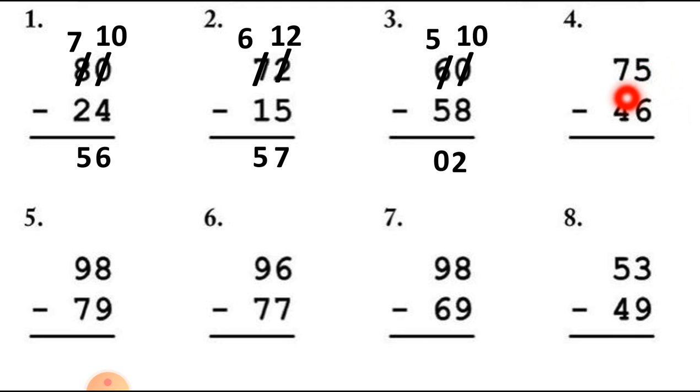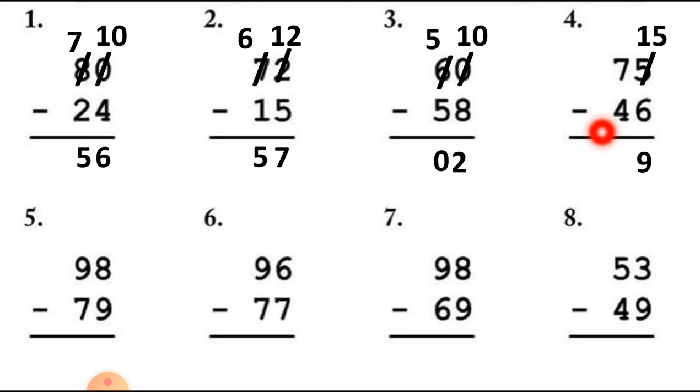So we have to take 10 numbers from this tens column, from the 7 number. Now 10 plus 5 is equal to 15. So we have to cut 5 number first and then put 15 number there. Now students, here is the 15 number and 6 number. So 15 minus 6 is equal to 9. So write down number 9 under the ones column, and here the ones column is complete.